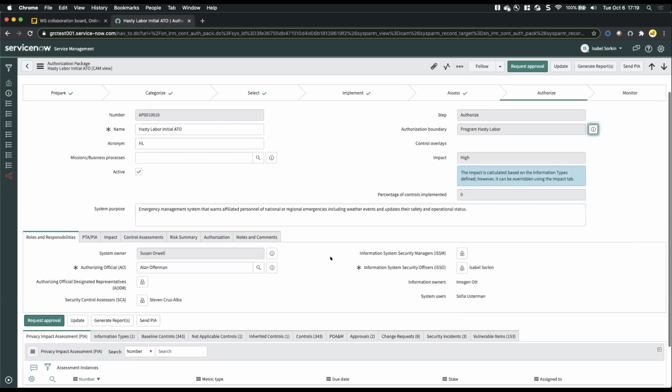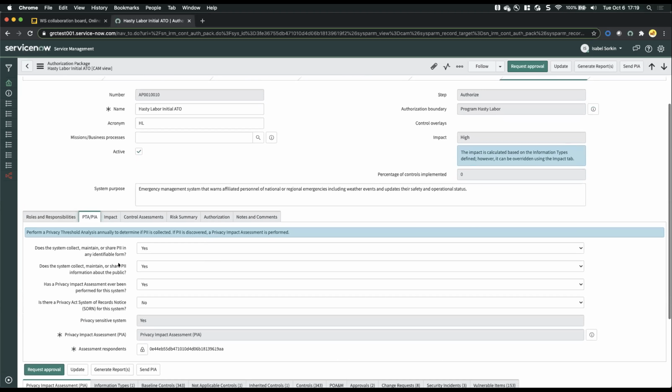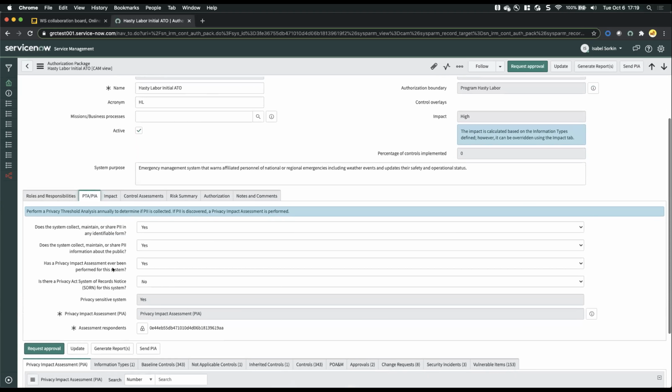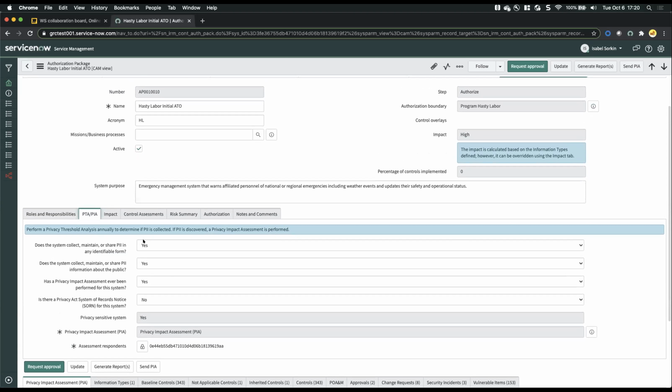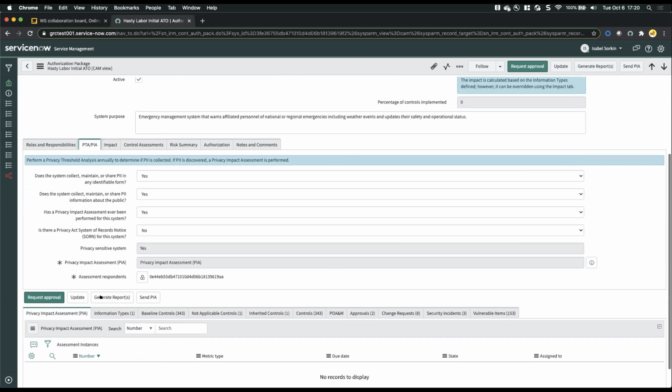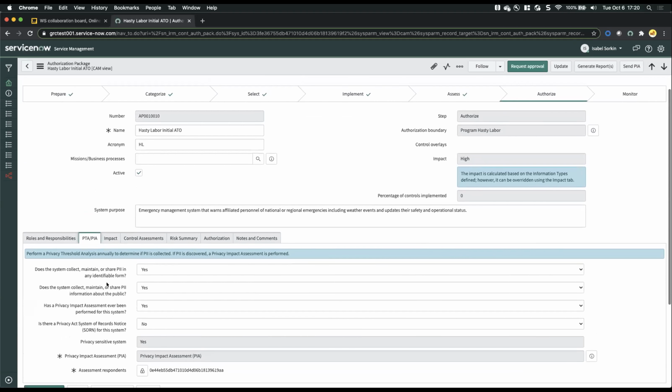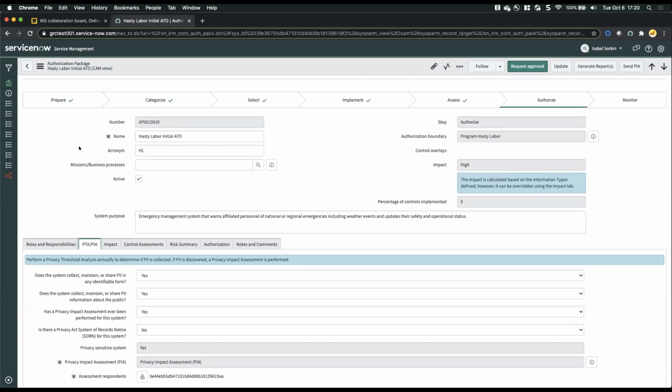Part of the prepare and a little bit of the categorize step is here, where I'm showing you a privacy threshold analysis and a privacy impact assessment. In this case, because I responded yes to these questions, I now have to perform a PIA and then the capability to see that. So part of the prepare step is about identifying and scoping out your boundary, defining some